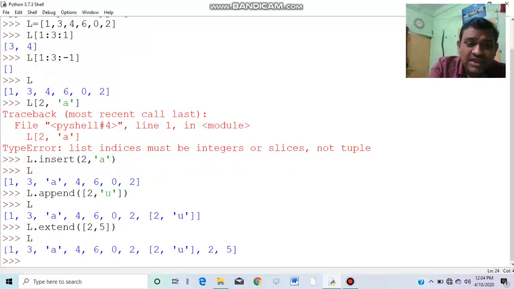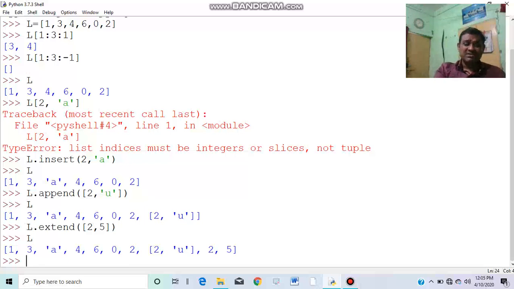Don't be confused, look, it is very clear cut. Append is used to add an element at the last. The element may be anything, a list, a single number, a dictionary, a tuple, anything. But extend is a conditional addition. Extend allows adding only a list to an existing list.